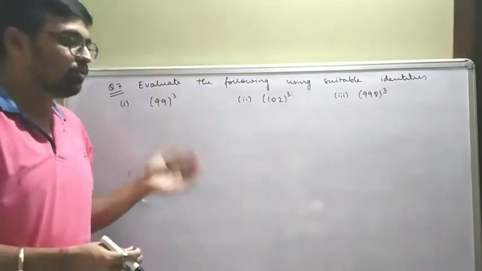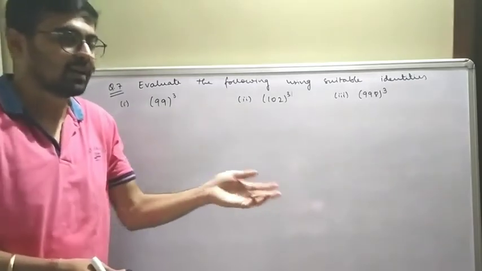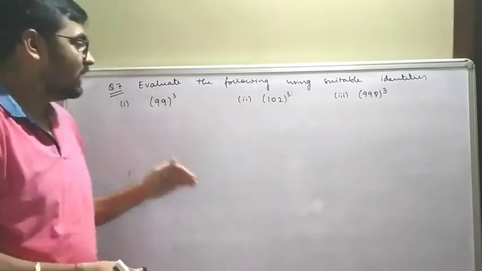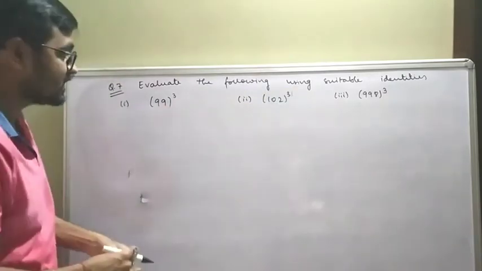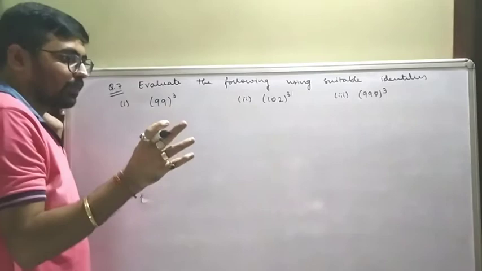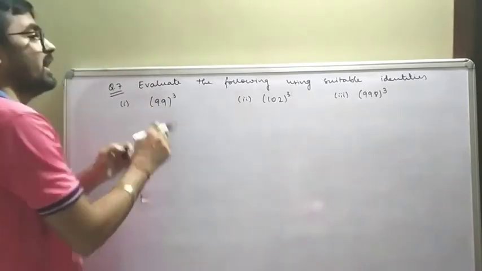Out of these three I am going to give you the idea of what you are supposed to do, because I am not going to spoon feed you, okay. I am not going to feed you directly, saying here, take this food and eat it. You have to understand what this kind of question means. We did some problems like finding a product without using actual multiplication. So same way here it is 99 cube.